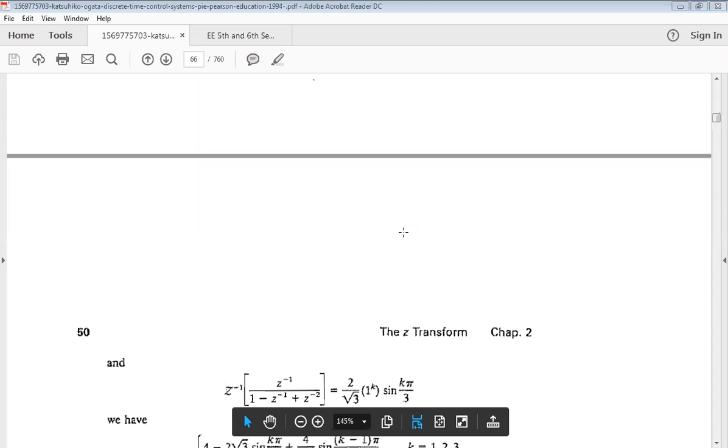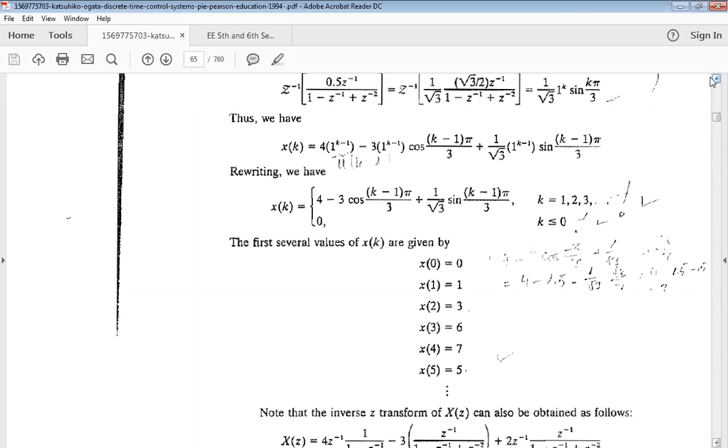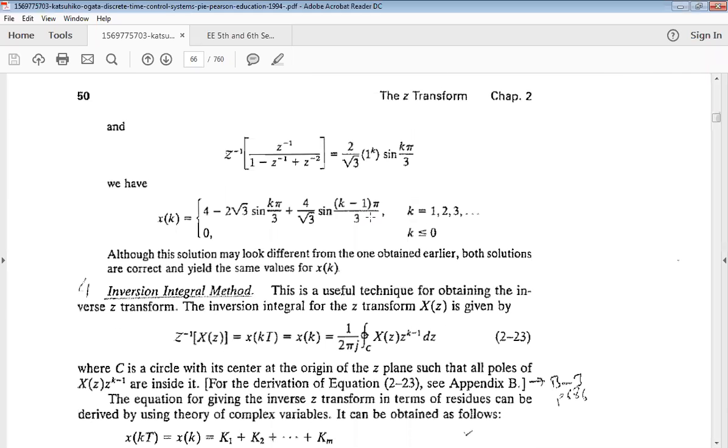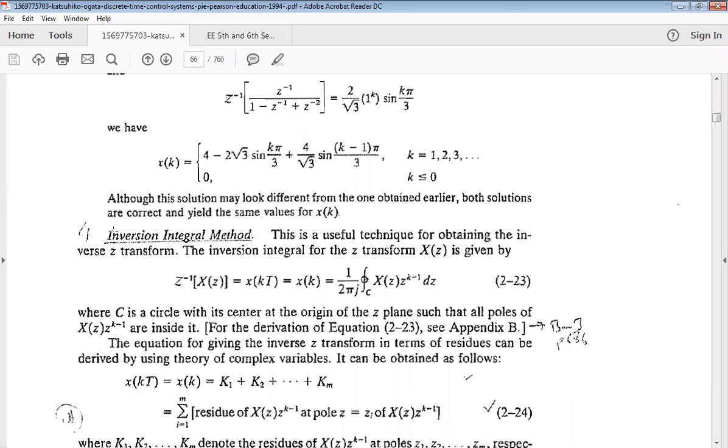Okay, so today I will discuss the last method of inverse Z transform, that is called the inversion integral method. Obviously, in the last class I discussed some basic methods. So if you use the inversion integral method, that means the inverse Z transform of X(z)